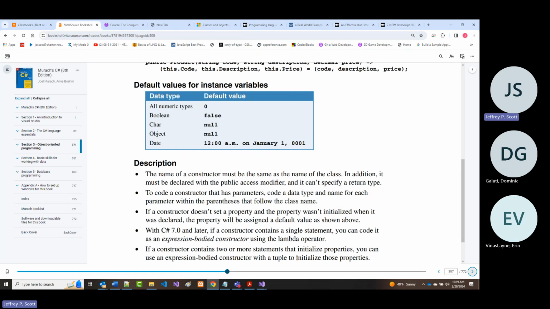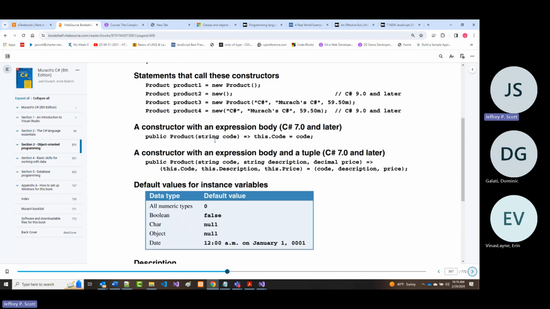Yeah, you can pass an object to an object. You can create objects that contain other objects, etc. That's null. And the date will be January 1st of the year 1 at midnight. So if you call one of these constructors like this,